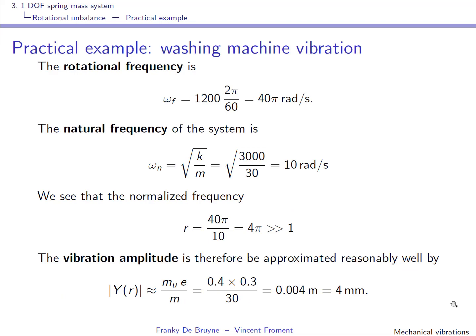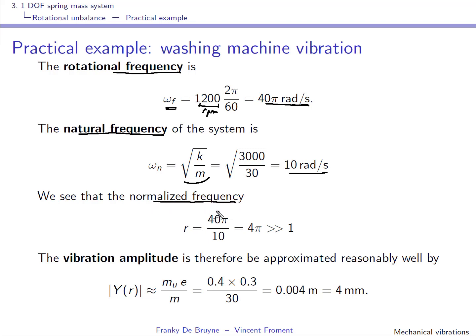So let us compute the rotational frequency, but expressed here in radians per second. Okay, so we have to go from RPM to radians per second, and we obtain this expression of the forcing frequency. The natural frequency is quite easy to compute. It's just the square root of k over m, so we obtain 10 radians per second,